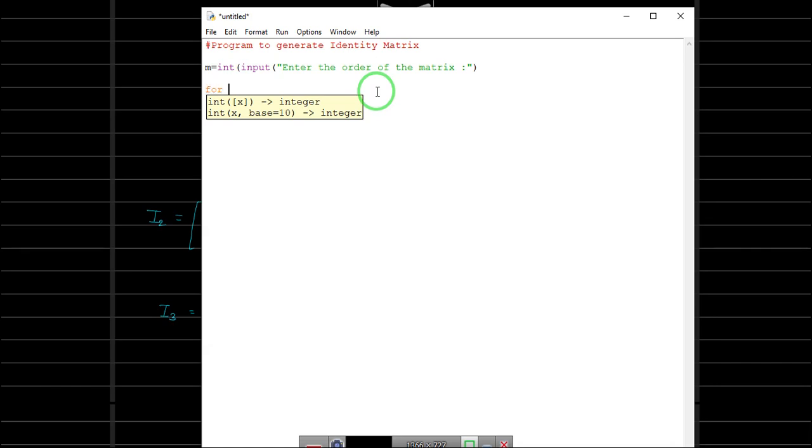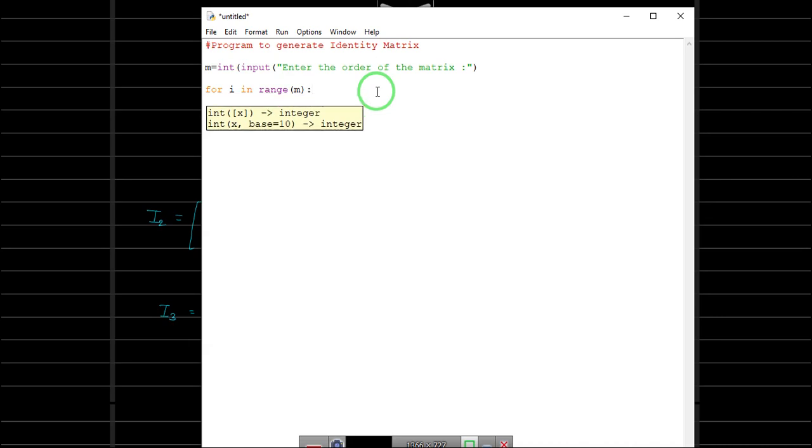Say for i in range. Sorry, we should write the range of n, we have taken n, right? It's a square matrix, so it will not make any problem. Again, remember, these are not the columns which you have to put. You have to put these.